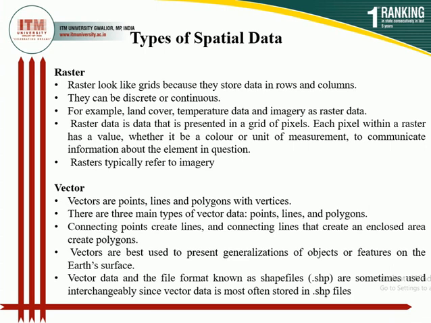Vectors are used for the best representation of a particular area. The file format which is used for the vector type of data is the shapefile, and they are stored in GIS software in the form of shapefiles. So the difference is clear between the raster data and the vector data. Analysis is faster in the raster data. Analysis is slower in the vector data as compared to raster data.